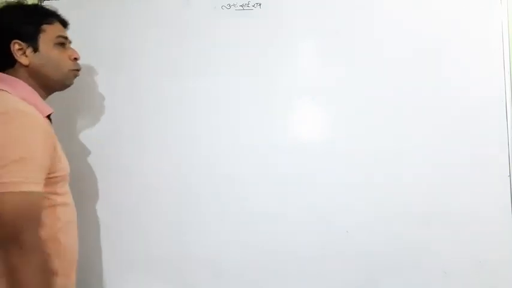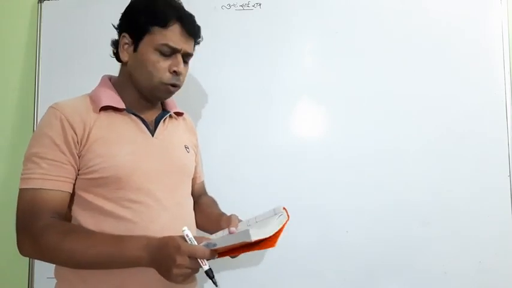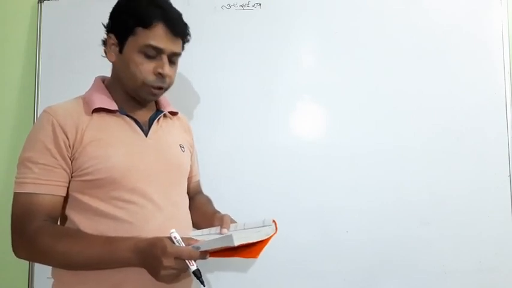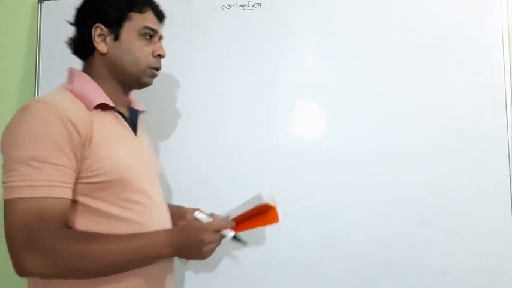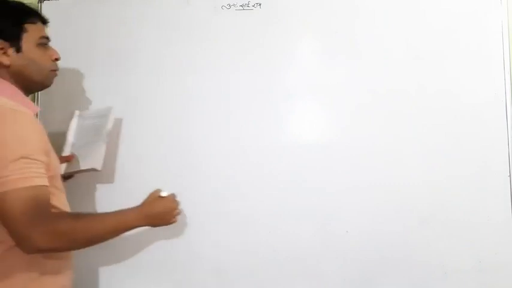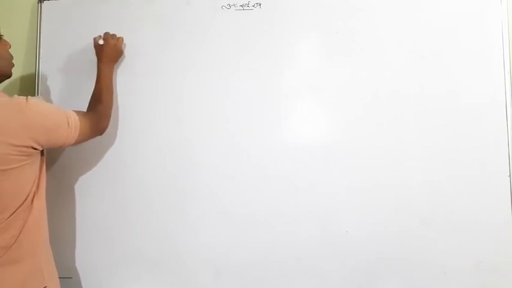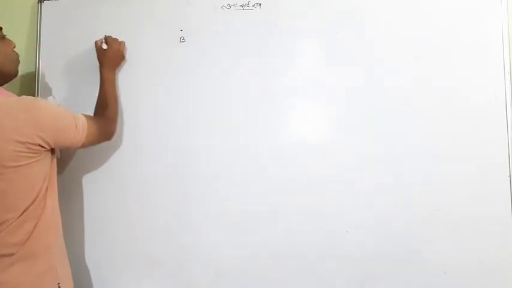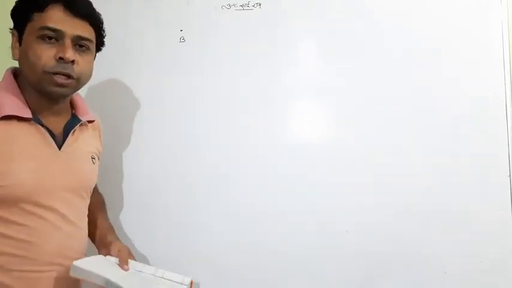First of all, I want to make a rough structure, and you can also assume it is a figure. I want to make a picture, and one by one I will take the two conditions. What does the final question ask? What are the speeds of the two cars? We have two cars. Suppose this place is A and this place is B. The first car is here, the second car is here, and now they are moving according to the condition.